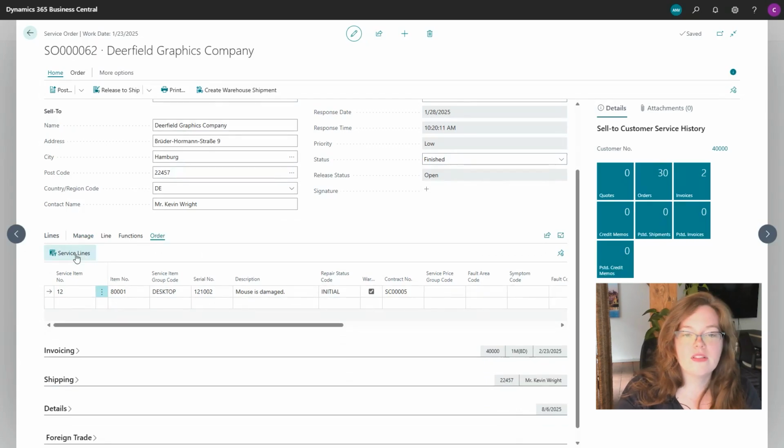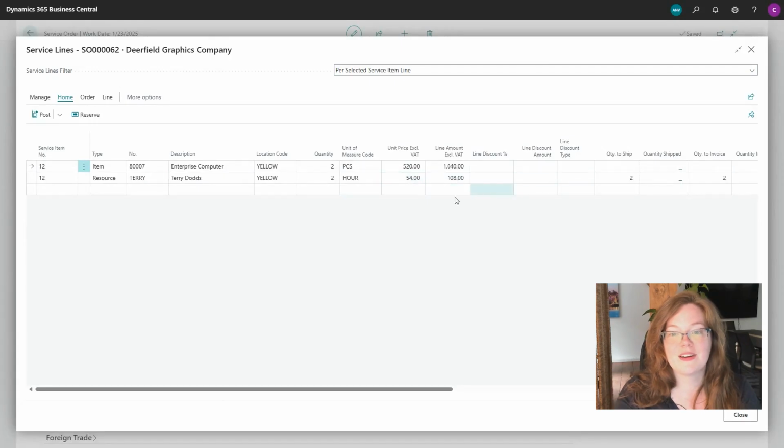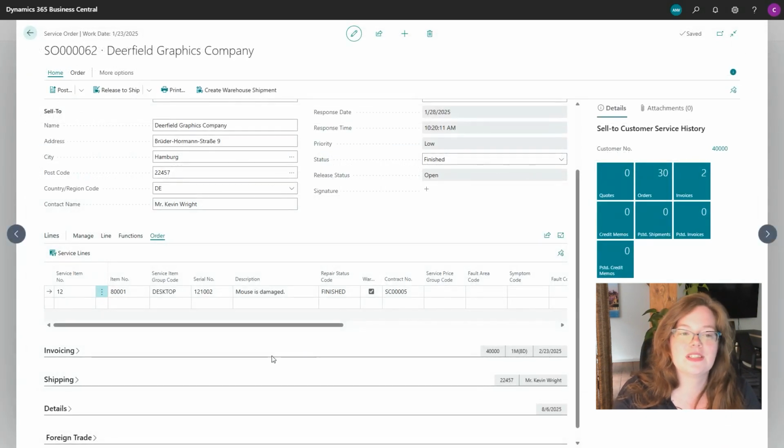I have all of my service order lines as well. That spare part and that resource information is showing there. Here is where I can always go ahead and say, Terry is still in training. Want to make sure that we're giving a discount on that. That shouldn't be charged to the customer, or it's definitely in warranty, everything that we're doing for them. And then in addition to that, I have